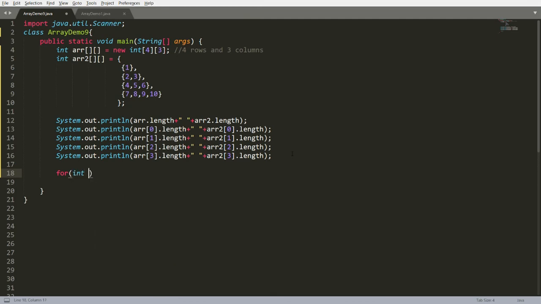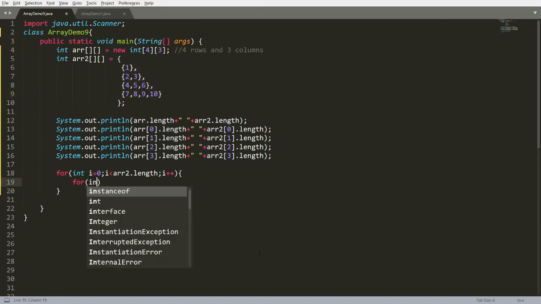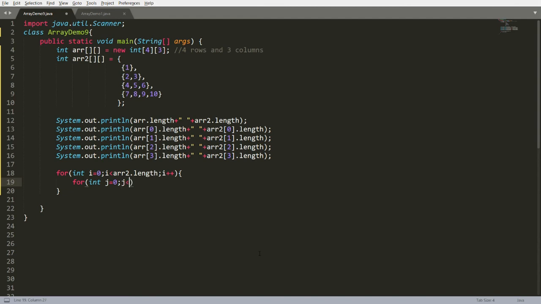Very simple. Suppose I am writing here for int i equal to 0, i less than arr2.length. It means this loop will run up to the number of rows in the second array. There are 4 rows, so it will run 4 times. Now I am writing for int j equal to 0, j less than arr2 of i dot length.